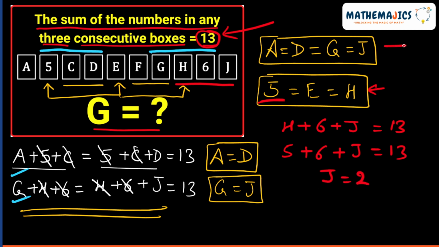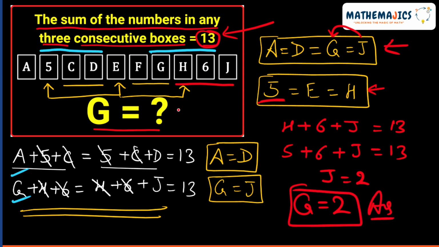Correct. Now look here. J is equal to G. That means G will also turn out to be 2. So this is our final answer. The value of G is